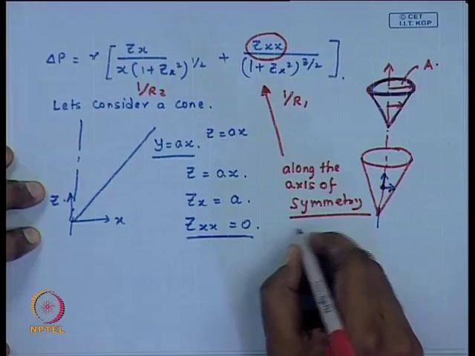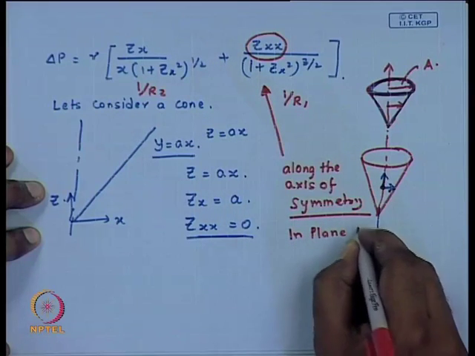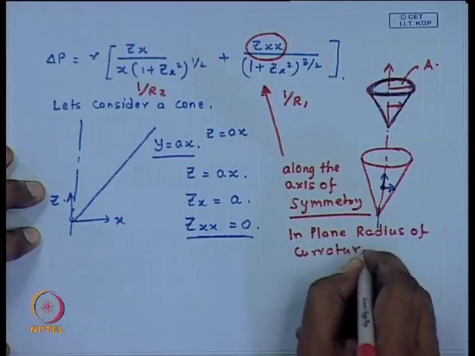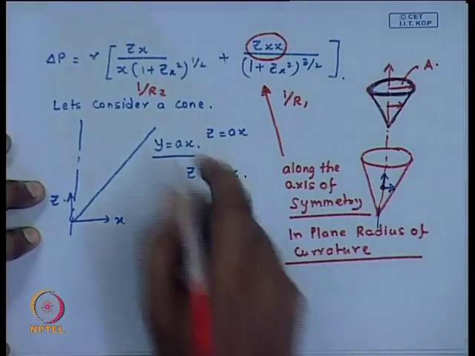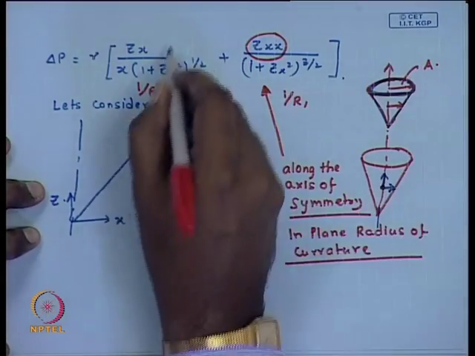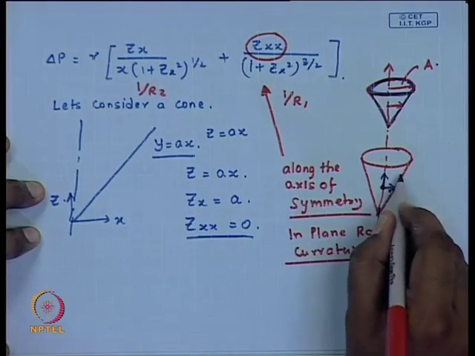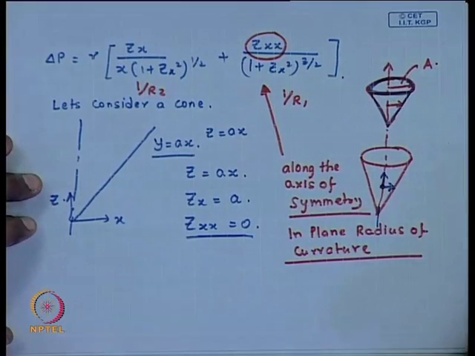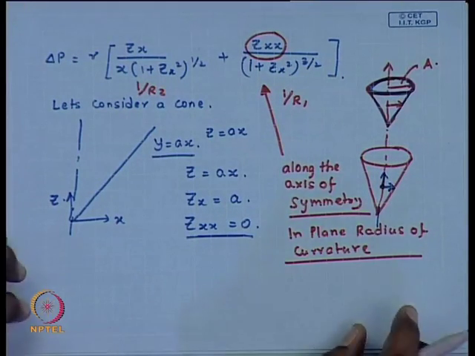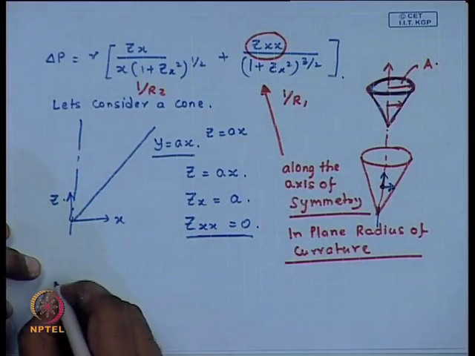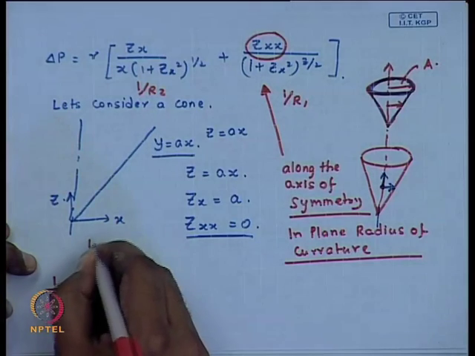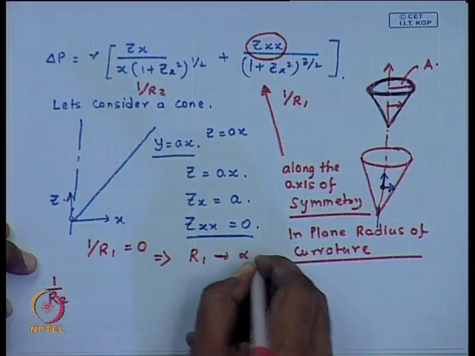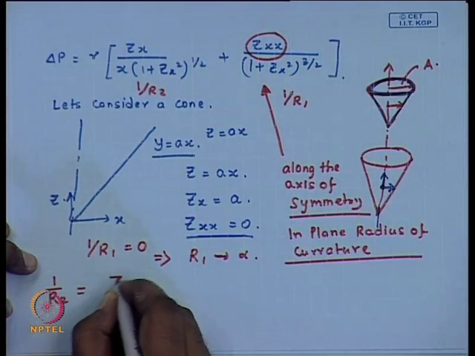Or which we have referred to so far as the in plane radius of curvature. Okay. So, therefore, for a conical surface, this is the term which gives the radius in this direction, and this is the term which gives the radius of curvature in this direction. Now, therefore, what we have is 1 by r 1 equal to 0, which implies that r 1 is infinity. 1 by r 2 turns out to be